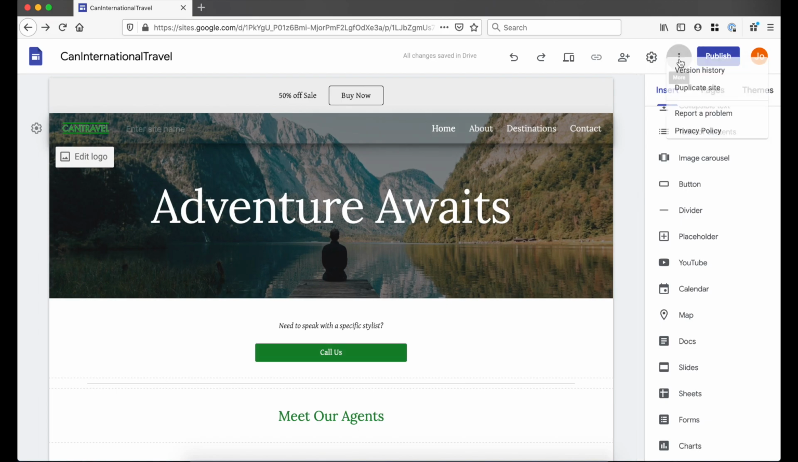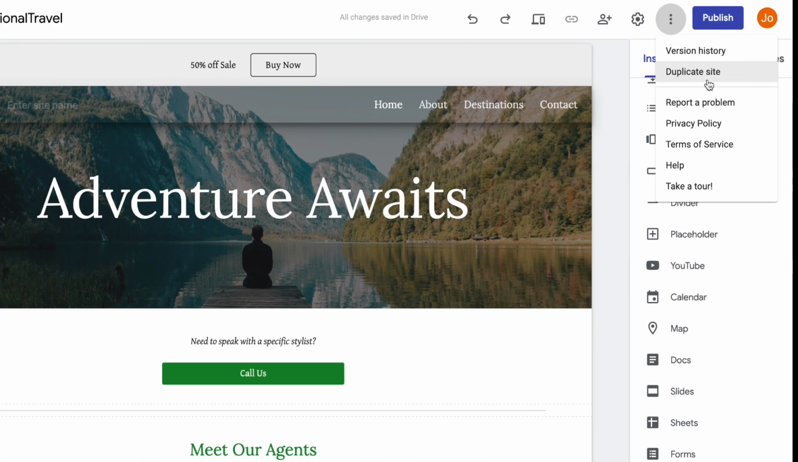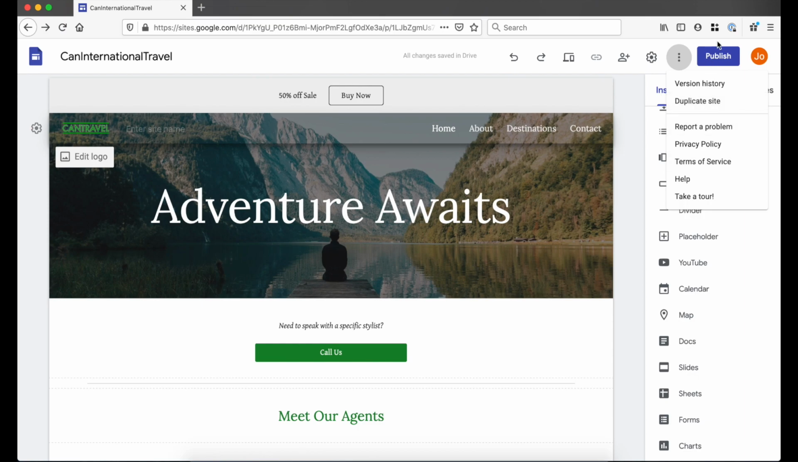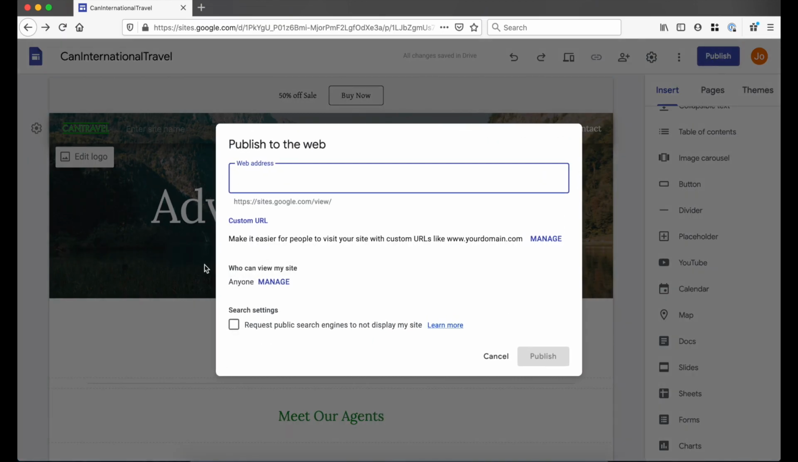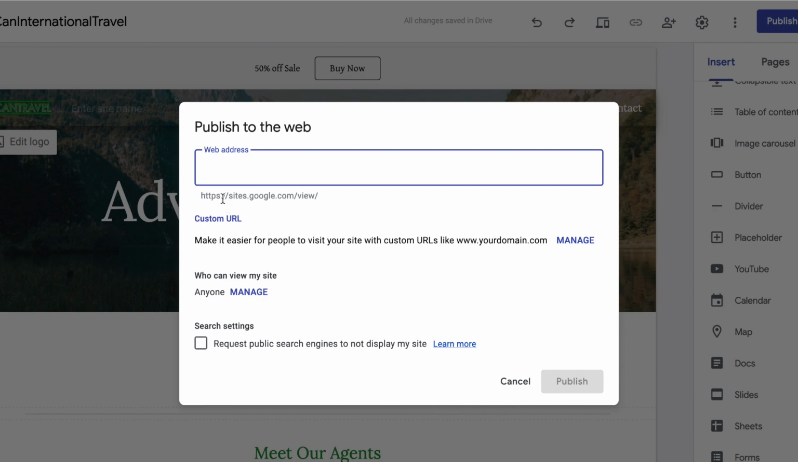Now going back to the ellipsis over here, under version history, you'll see duplicate site. This is a good way to make a copy of your website based on the most recent edit. I think we're ready to publish. Click the publish button. This will publish your website under